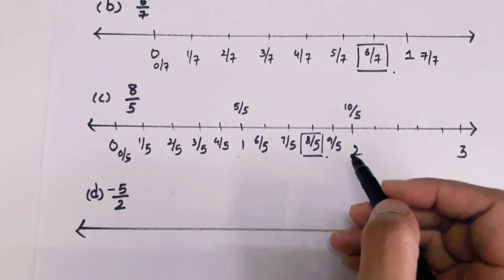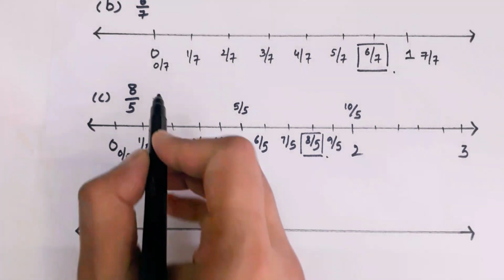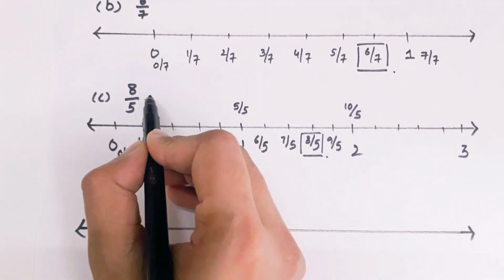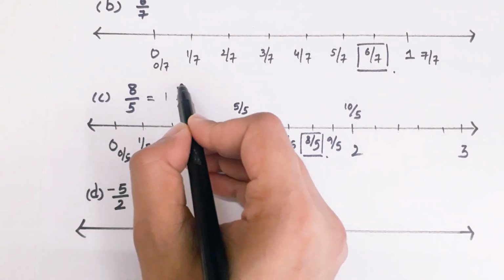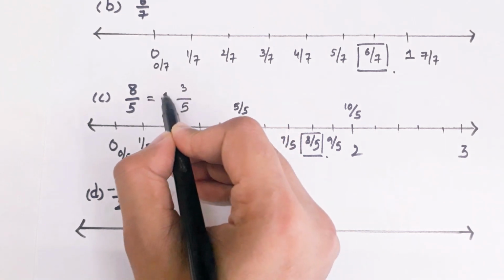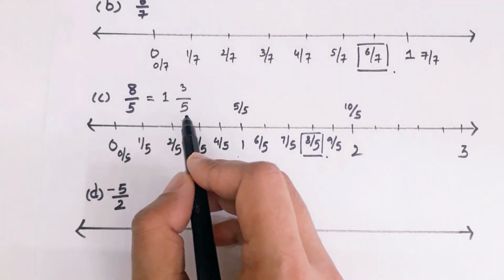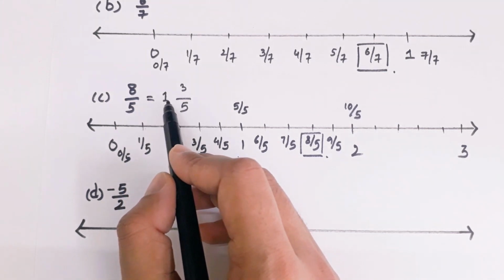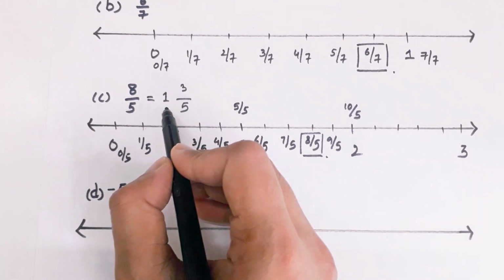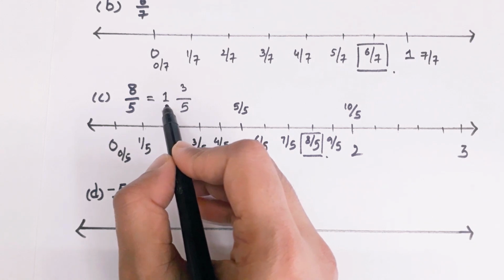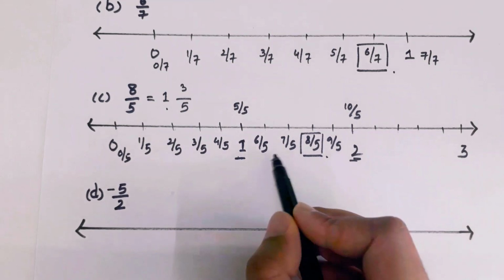The other way is, instead of starting from 0, we don't know where it is going to lie. So this other way is to convert this into a mixed fraction. So I can write this as 5, 1, here 3. So this is one integer and 3 upon 5, and if I open it, I'll get 8 upon 5. This means that this number will lie after 1. If you can see here, this is my number 1. So here we have a whole integer 1. So the number will lie between 1 and the next number, which is 2. You can see 1 and it lies between this 2.